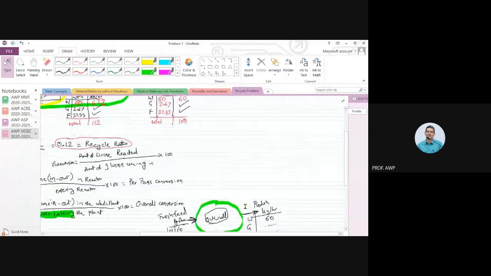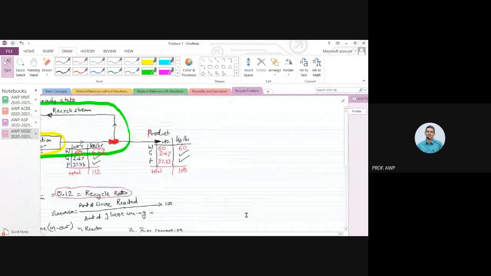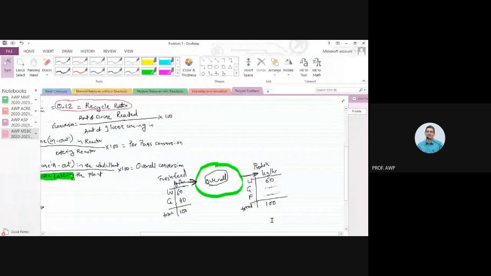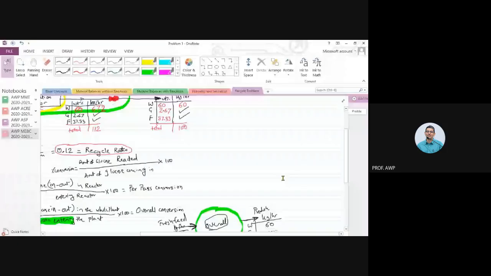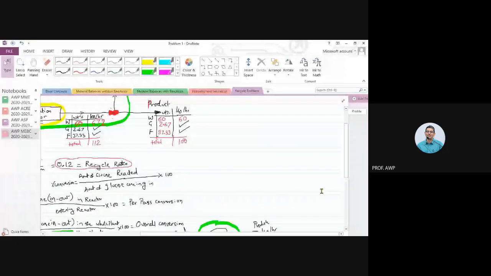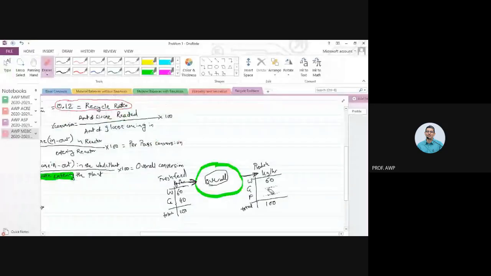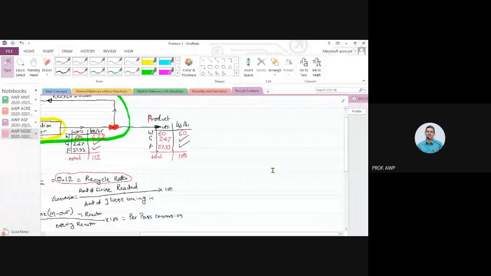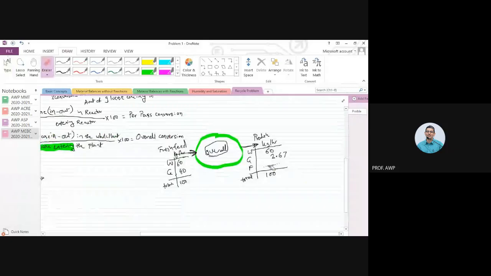Look at the green control volume, the overall plant. What comes in is fresh feed, 60 kg per hour of water, 40 kg per hour of glucose. What goes out as a product stream is total 100 kg per hour, 60 kg per hour is water, 2.67% of 100. So that means this glucose must be 2.67 kg per hour. And 37.33 weight percent of the total 100 kg per hour. That means fructose must be